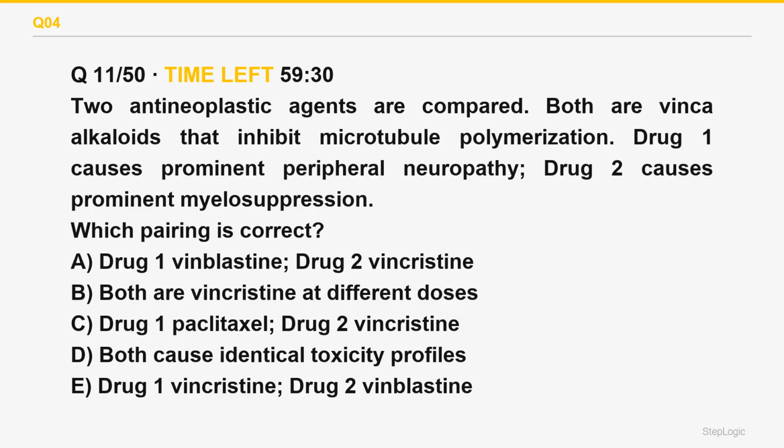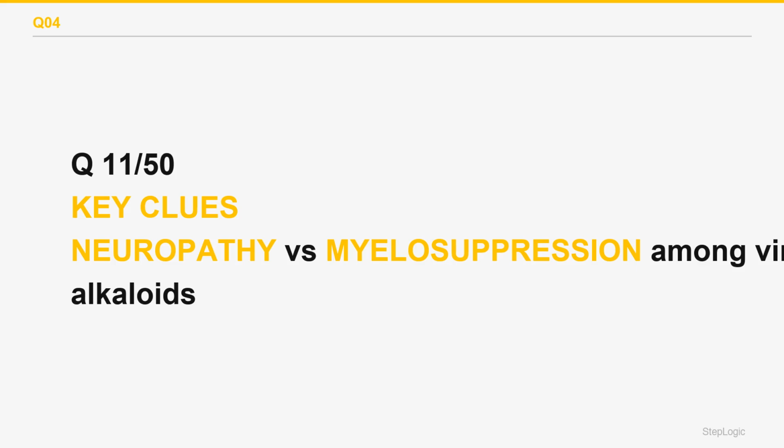Read the command. Which pairing is correct? Two nearly identical molecules with the same mechanism and different dose-limiting toxicities. Vincristine and vinblastine both bind tubulin and prevent microtubule polymerization, arresting cells in metaphase. Their dose-limiting toxicities differ. Vincristine causes peripheral neuropathy, areflexia, paresthesia, foot drop, and constipation from autonomic involvement, with relatively little marrow effect,